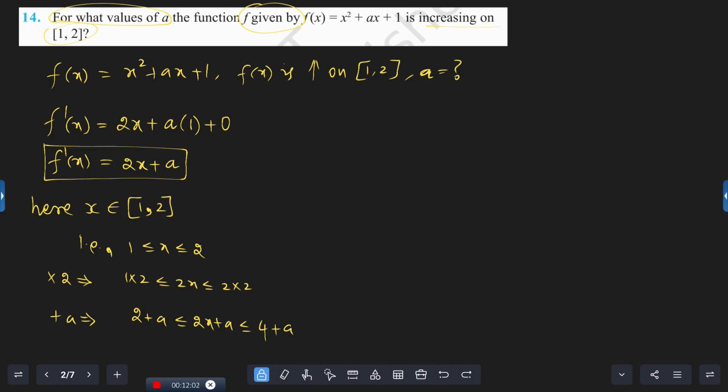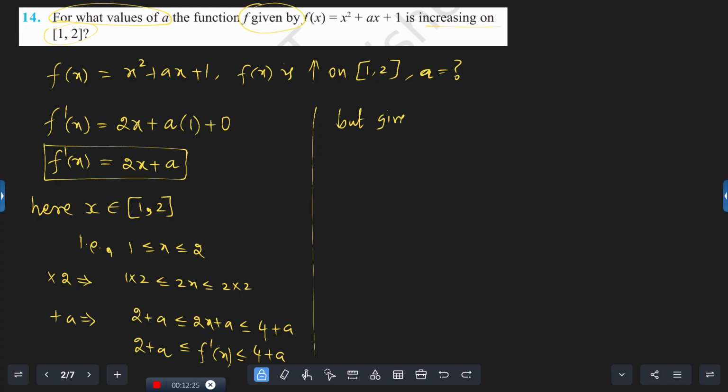What is this 2x + a? That is f'(x). So 2 + a ≤ f'(x) ≤ 4 + a. This is what I am getting at present. This is the meaning if a closed interval is given. But